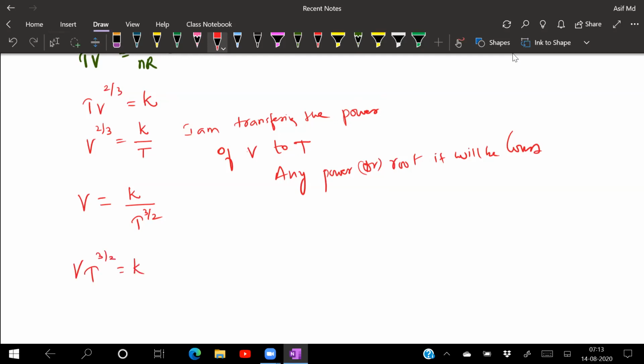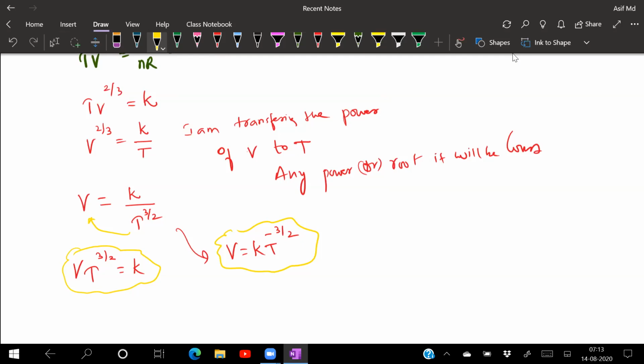So volume, how much will I be writing right now? From this itself I can write volume V is equal to K into T to the power of minus 3 by 2. Can I write like that? Sir, but again, how did you get VT to the power of 3 by 2? I've taken T here. Again it will flip? No, only reverse. I'm taking the total quantity, not only the power. Total T I'm taking.